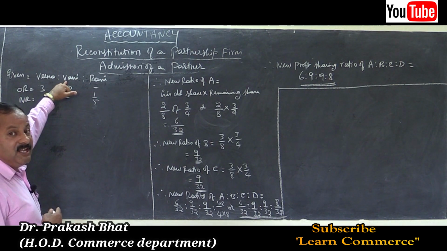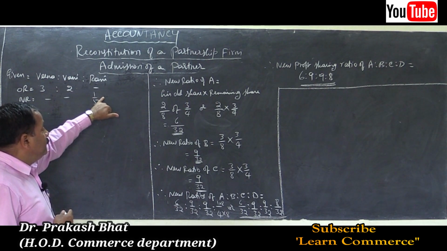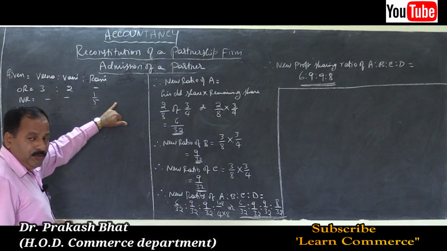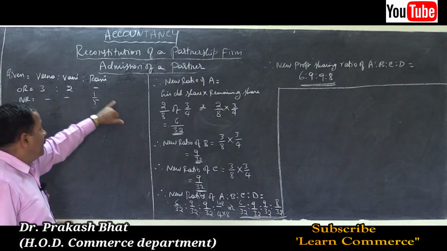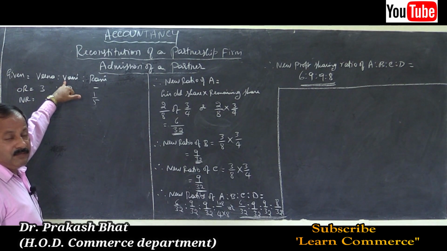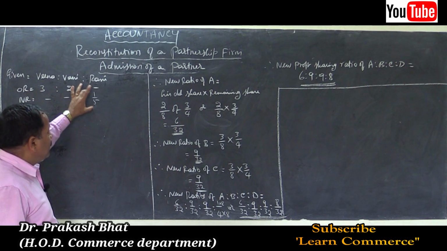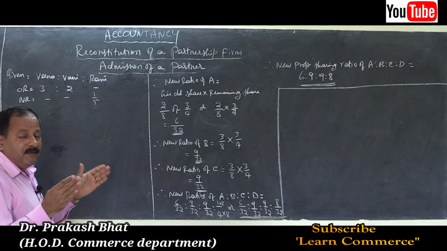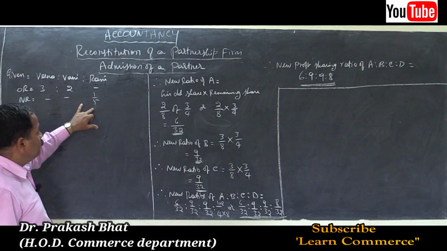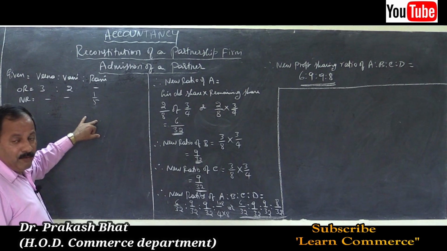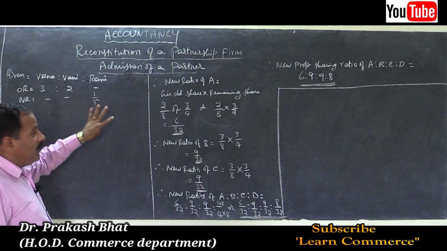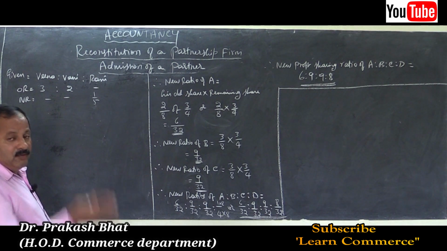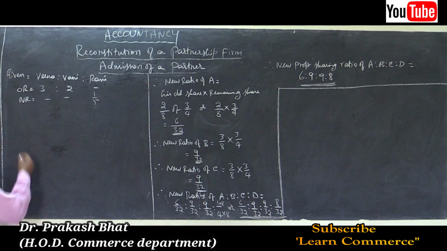Equal. That means 1/2 into 1/5 sacrificed by Veena and 1/2 into 1/5 sacrificed by Vani. That is, if we divide the share of Rani into two equal parts, that is the sacrifice made by Veena and Vani towards Rani to give her 1/5 share. Now, let us calculate the sacrifice ratio.